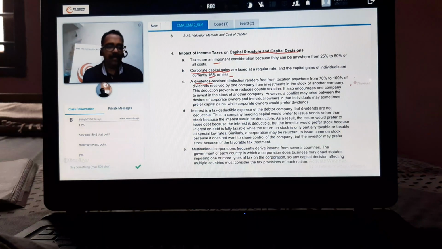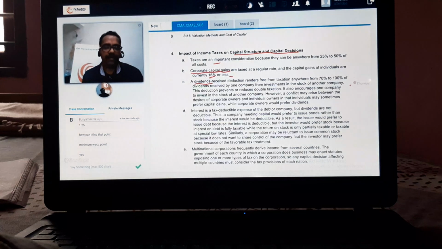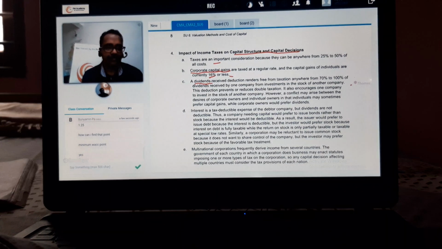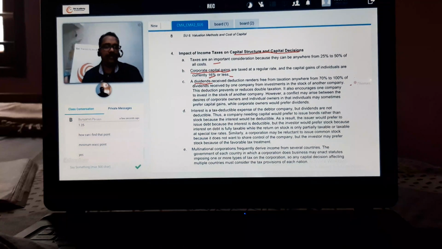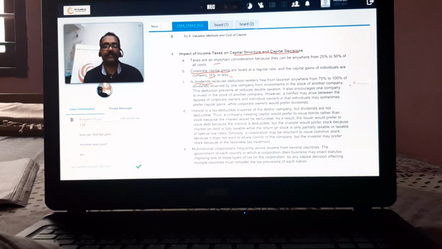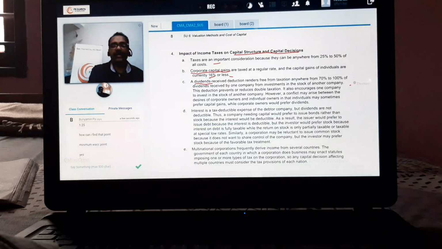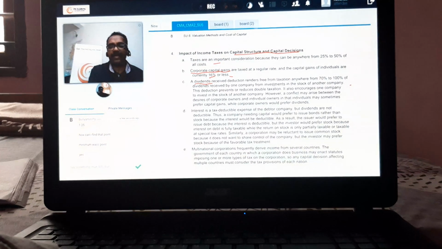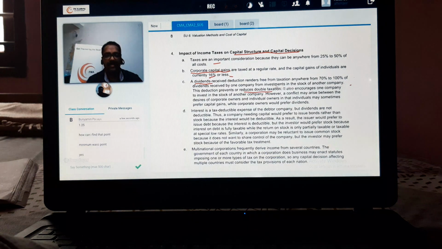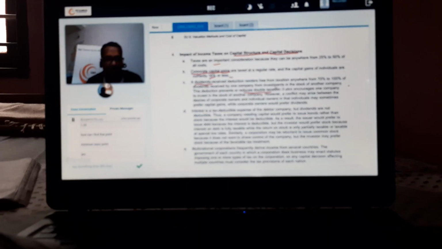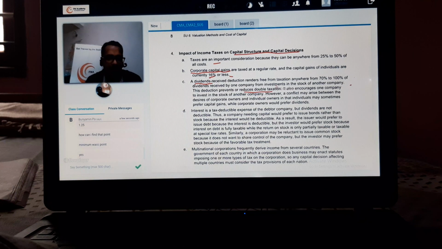For example, let's say normal people, they invest, they get some dividend. They will be paying tax only if the income is more than 5 lakh. So normally, dividends in the hands of an investor are taxed at a lower level because this is effectively double taxation. See, the company has paid tax. Out of that, you are getting a dividend. But again, in your hand, it is getting taxed.